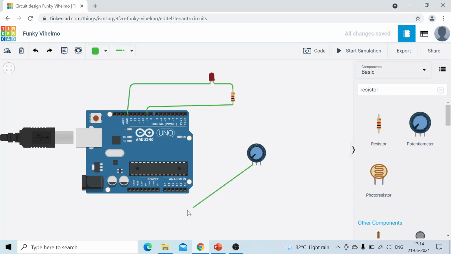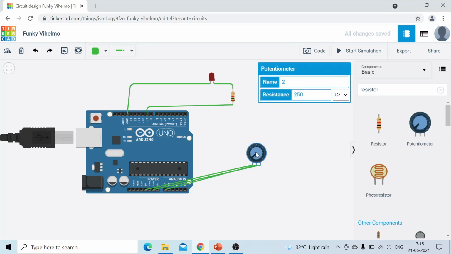The first terminal of the potentiometer we connect to the 5 volt. The second terminal of this potentiometer we connect to the ground, and this changing wiper terminal we connect to A0. In that way we have completed our connections.